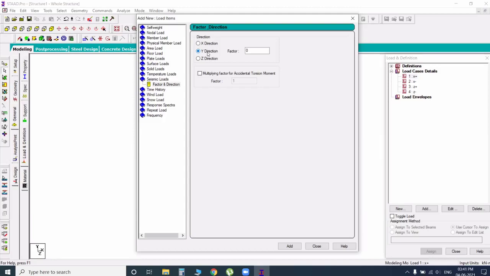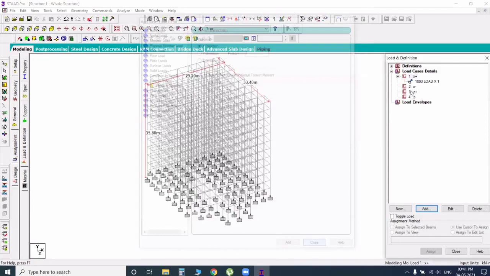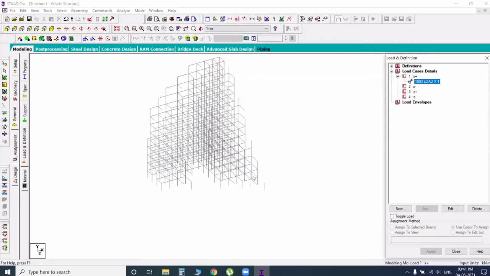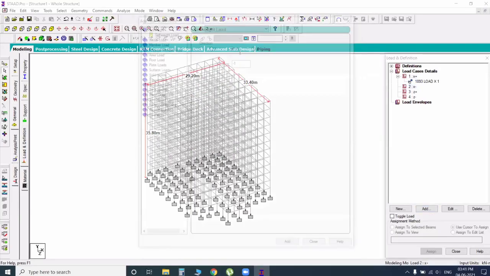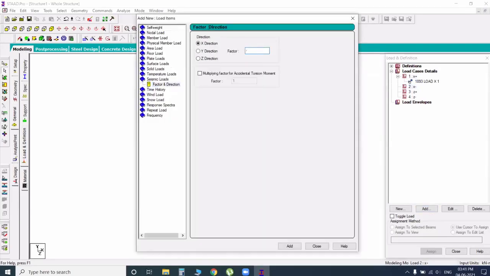Now select here X direction because we already added X positive, X negative, Z positive, Z negative. Same procedure, factor is 1, add, close. And next, X negative direction, add, seismic, X direction only, but minus means minus 1. Add, close.